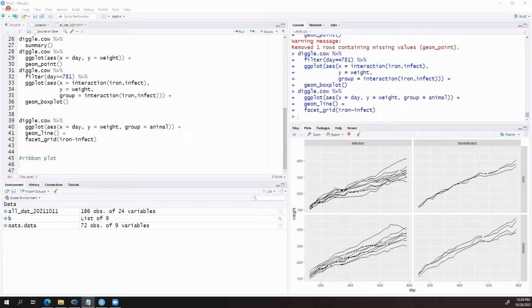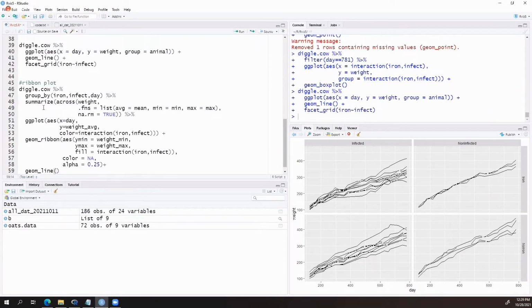So what we're going to do here with the ribbon plot, whoops, wrong one, is we have to provide it with the information about the statistical values, the means, the mins and maxes and so on, and remove that NA. And then here is where our plot comes in. We're going to plot it by day, weight average, and use color to indicate our interactions.